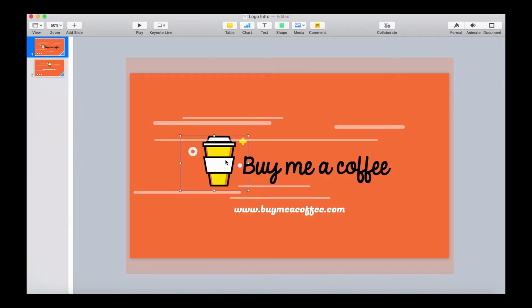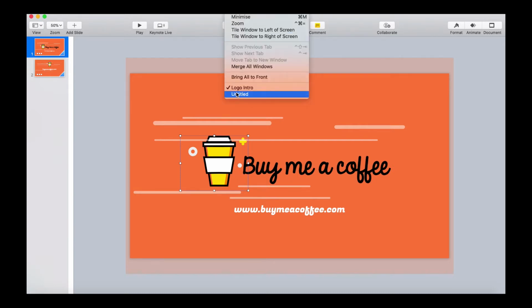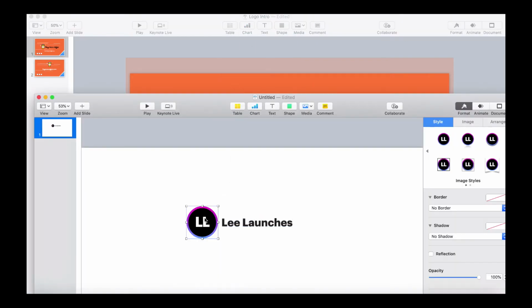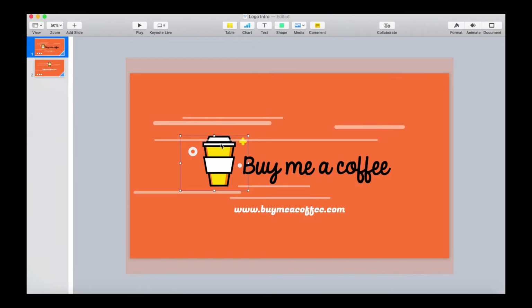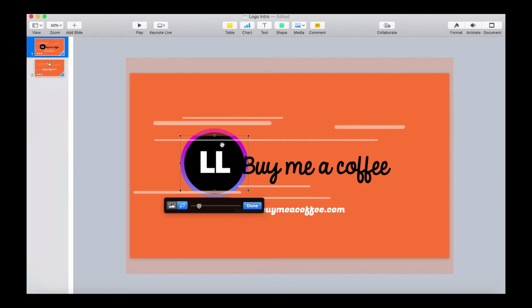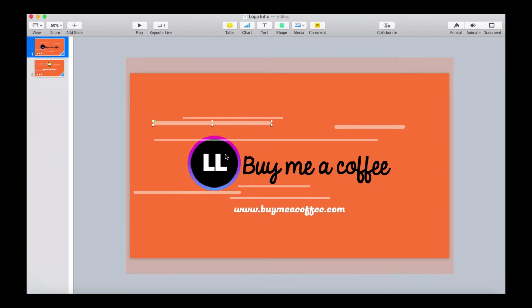Basically, to update the logo, all you need to do is insert your own logo file, either in a transparent PNG file or an SVG or Illustrator file. I have got my logos ready here. So this is my logo, so I put that in there, and then you can just scale it down so it fits within the box. You can also drag this in,